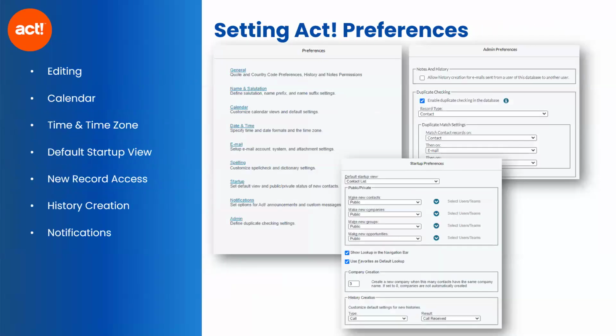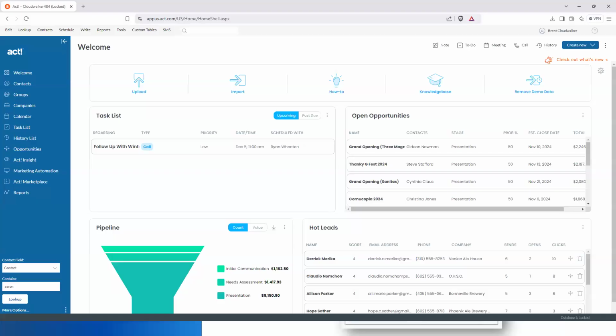Okay, next up, what we're going to do is jump into the preferences area in Act. Now, there are a lot of different preferences that you can choose in Act, and this is typically something I recommend that new customers do pretty early on, just so that you have all your preferences set before you start entering a lot of data, before you start using Act a lot and getting a lot of that muscle memory within Act. But certainly, if you've never changed your preferences, you can go look at them now just to see maybe there's an easier way to do things, save some clicks, organize a little bit better, and that's what preferences will let you do. So I'm going to walk through a bunch of these different preferences with you. Let's start by